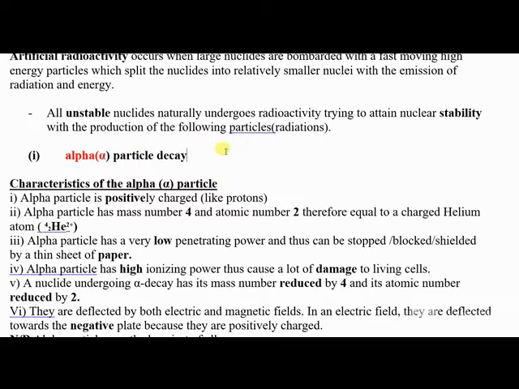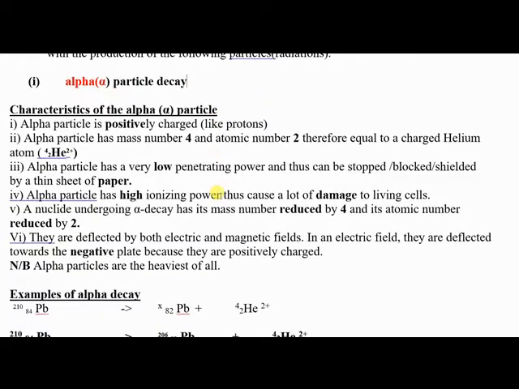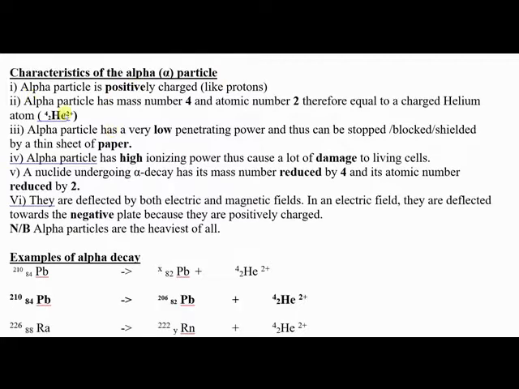Now this alpha decay, the most important thing is to know the characteristics of an alpha decay, and I have given all the characteristics here. There are around 6 of them. Once we know those characteristics, then calculating will be very, very easy. The alpha particle, number 1,